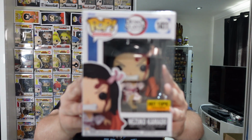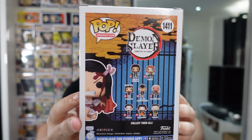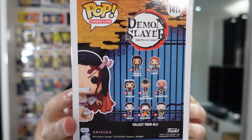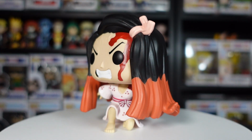We do have some more Demon Slayer next up guys, and this is actually the first of 3 Funko Pops that I purchased during my travels throughout Canada. This one I grabbed from Hot Topic in the Eaton Centre in Toronto. It is the Hot Topic exclusive Kneeling Nezuko, and if you guys did want to check out the latest wave, at least as it relates to the commons, there they are on the back, the latest wave of Demon Slayer Funko Pops. And looking at the bottom of the box, I paid just under 20 Canadian dollars for this,